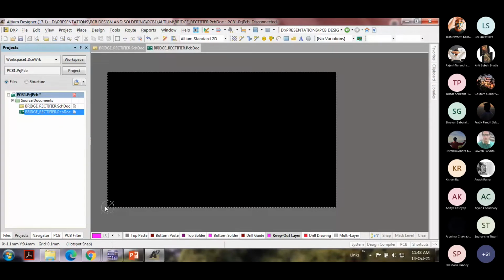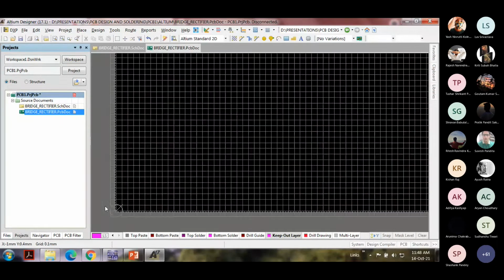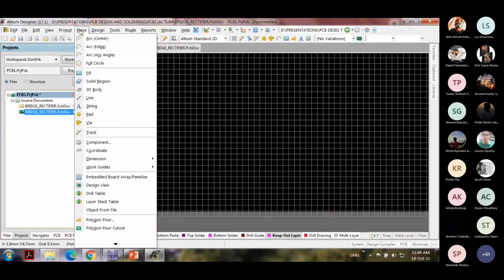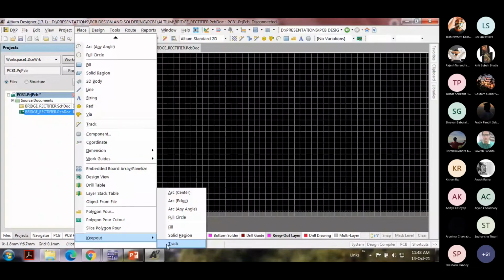Now zoom onto this origin, and from there I'm going to click on Place, go to Keep Out and click on Track. I'm keeping this visible so that you can follow it. Place, Keep Out, Track.